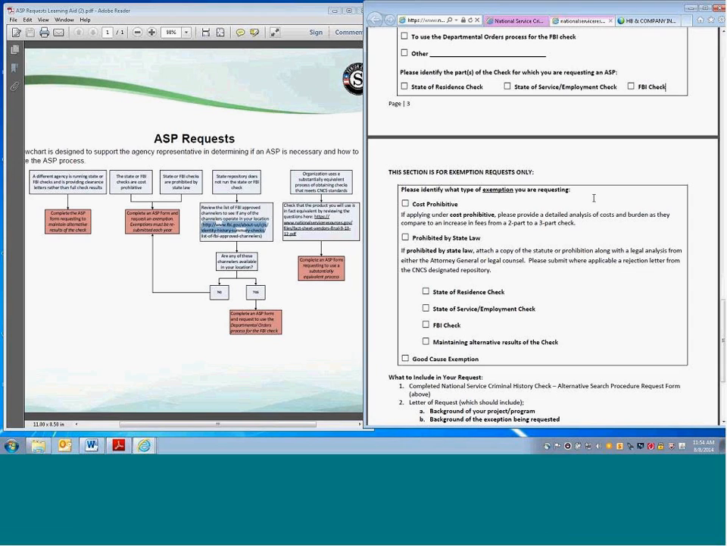It's also worth discussing the timeline for the ASP process. The search procedure process can be lengthy, potentially up to several months, due to the research that CNCS needs to complete to ensure the sufficient check is performed. It is a best practice to check in regularly, by email or phone, with CNCS to stay updated on the progress